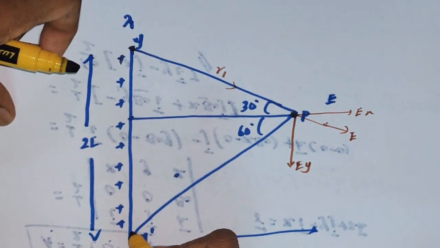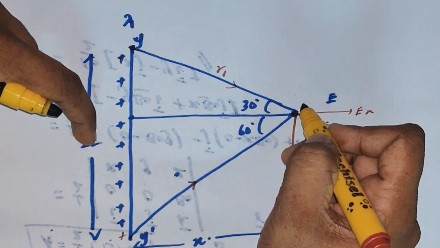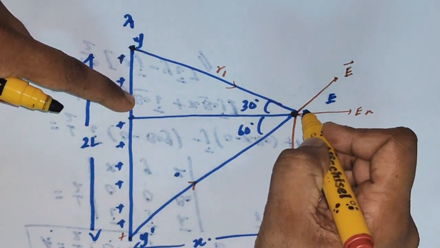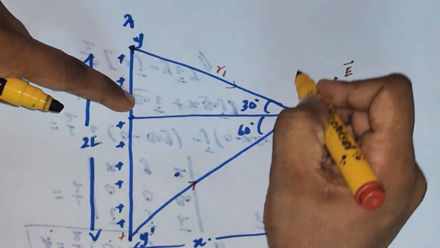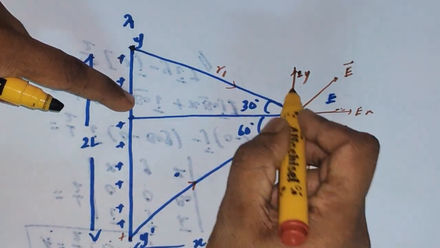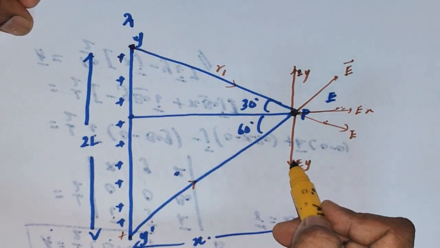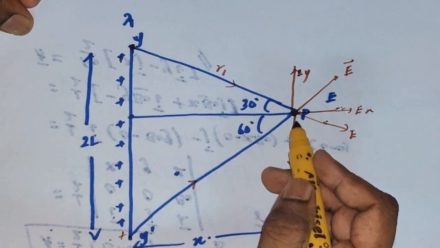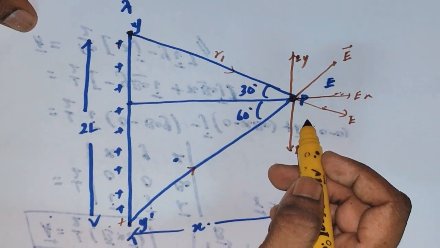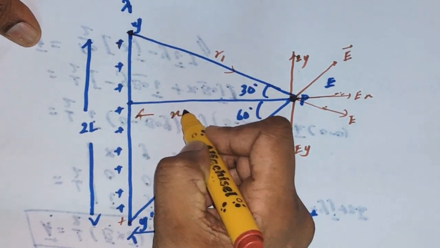This end also is carrying positive charge, so the electric field will emerge from this point. Due to this end it is making this direction, so it also has an x component as well as a y component, but the y components are not equal, so you can't cancel them with each other. We need to explicitly find the x component and the y component of the electric field, then sum the two electric fields. We need to find the exact expression. You can keep that length here, it's x.